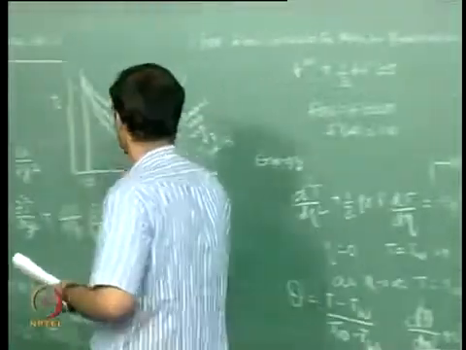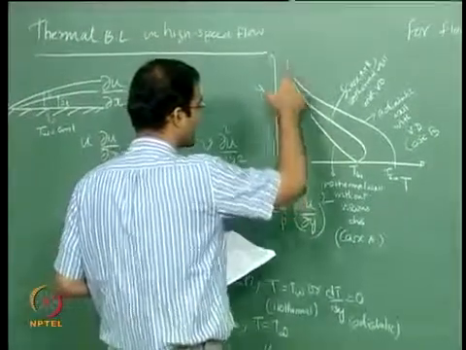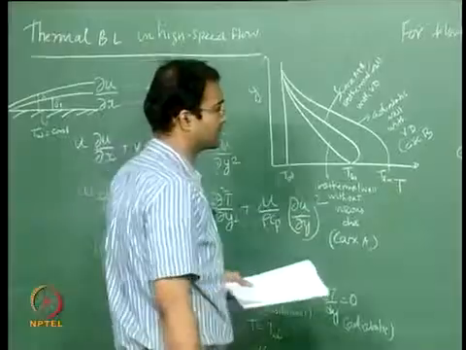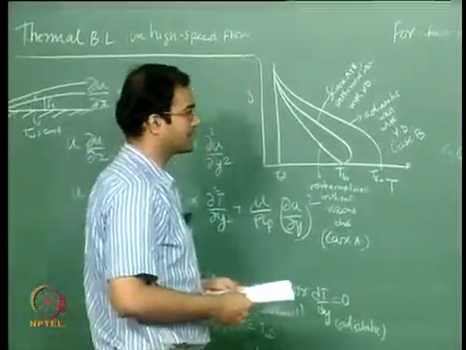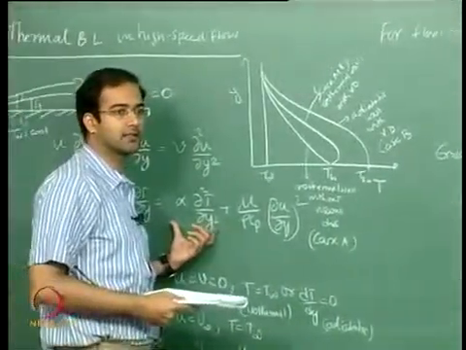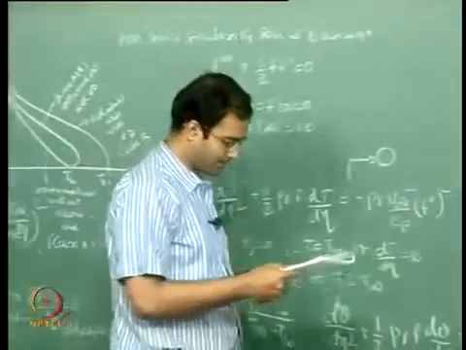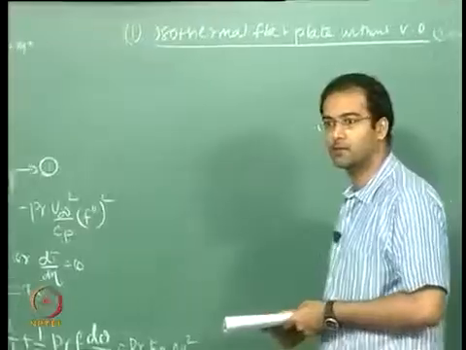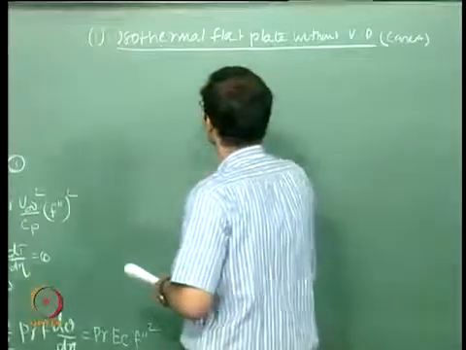Okay, so if you have a simple profile like this, that means you don't include the viscous dissipation. This is nothing but the Pohlhausen's similarity solution. There you define your theta the same way that I have defined here, T minus T wall by T infinity minus T wall,